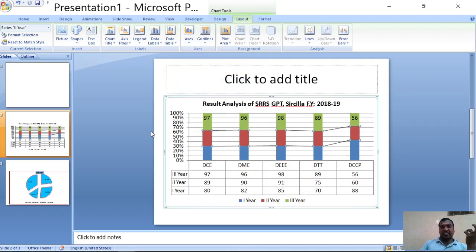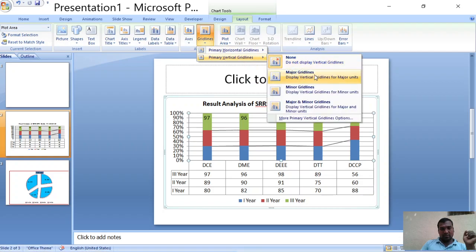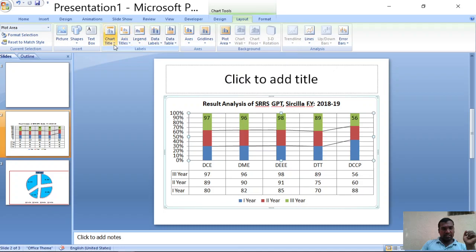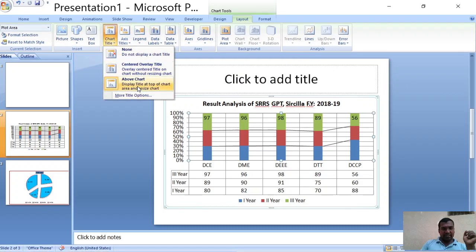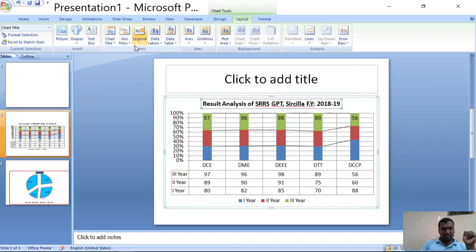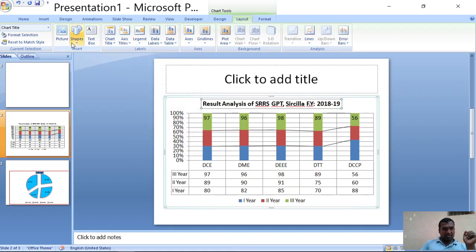Now the chart is displayed along with the data chart, a table. So grid lines, show plot area, right? Chart title is displayed above the chart, okay? Center overlay, or I can move it above the chart. So legends are at the bottom.